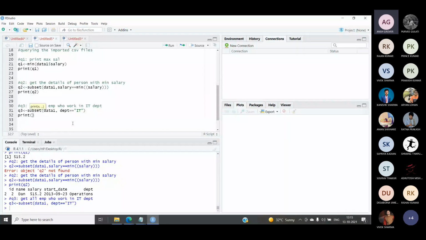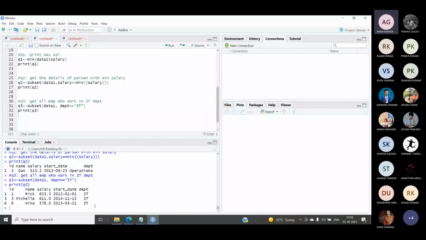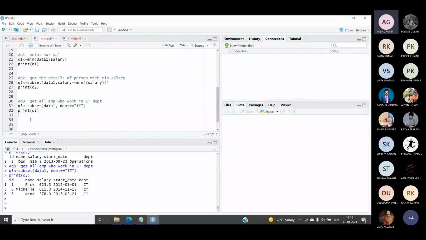So here you can see there are a total of 3 employees who work for this IT department. Fine. So let's try to execute a few more queries. Let's write one more query. That is query number 4, and this query is on a date type column. Now the column is of date time. So let's get the list of employees who joined the company